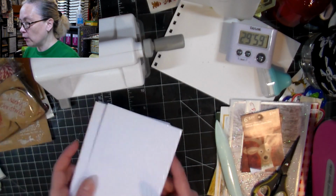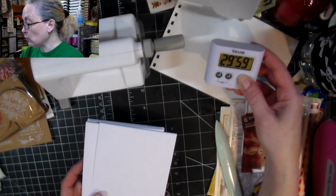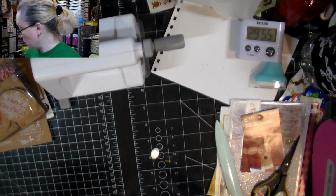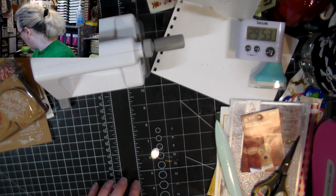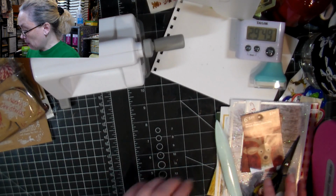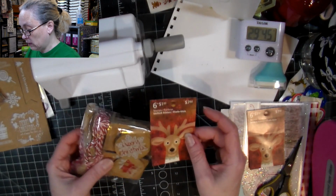I've got 5 cards, and I'm gonna put the timer on, and it's gonna be whichever one comes first, the 5 cards or the timer going off. So let's get going. Now I thought this would be really pretty with these,